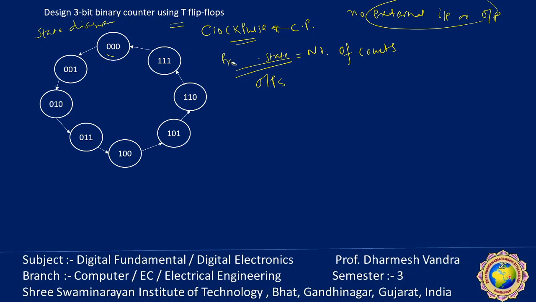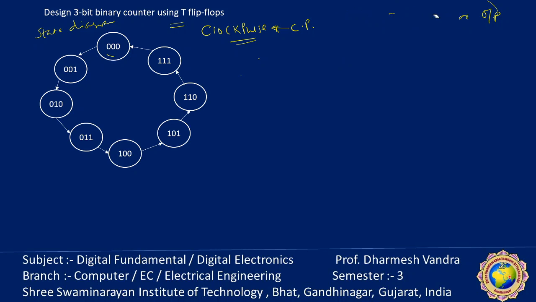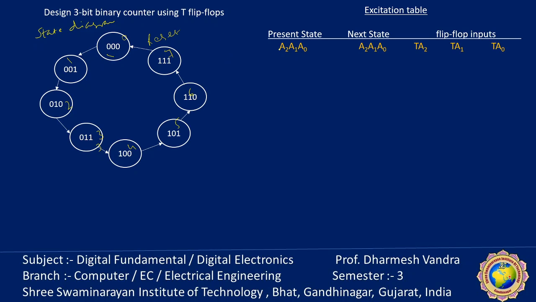Let's see how we can go step by step. Now we have knowledge about the present states and next states. The next state occurs when the next clock pulse is generated. So we have to design the state diagram accordingly: 0, 1, 2, 3, 4, 5, 6, and 7, and then reset to 0 again, 0, 1, 2, 3 in this way. So state equation, state table, excitation table. We just give the numeric labels A0, A1, A2, LSB and MSB.